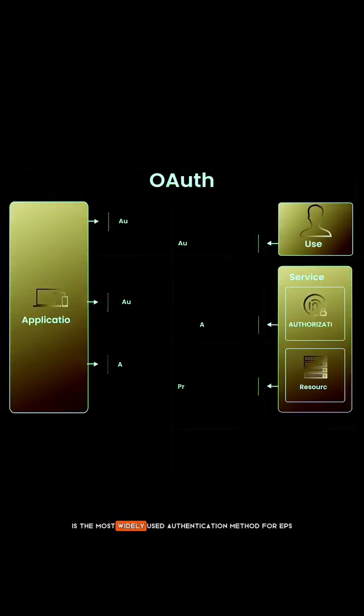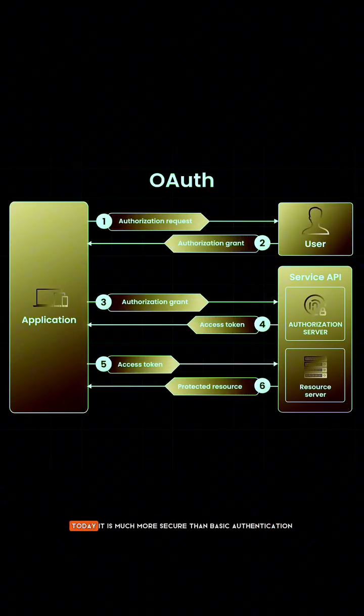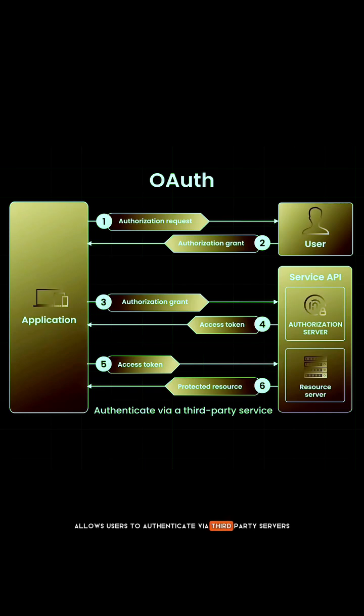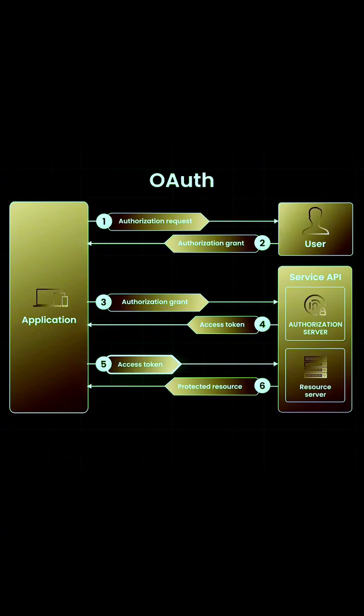OAuth is the most widely used authentication method for APIs today. It is much more secure than basic authentication or API keys. OAuth allows users to authenticate via third-party servers like Google or Facebook without having to share their credentials with the API itself. In fact, OAuth 2.0 introduces the concept of access tokens, which can expire and can be revoked, providing more